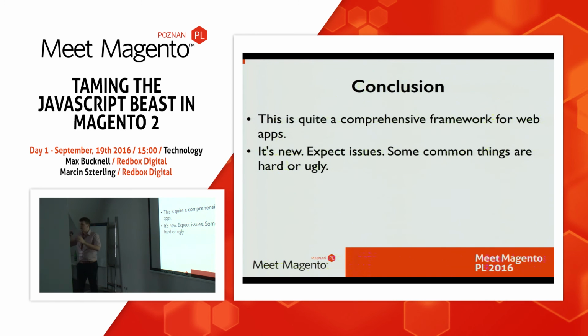But I do want to call this out, that this is a new framework, and we've got a new application on top of the new framework. So there are new things that Magento are trying. There are best practices that are not yet established. There are bugs, right? There are things you have to do that we haven't figured out the best way to do, so there isn't a nice way to do it yet. It can be okay. For the next 12 months at least, I would say expect to be rewriting components fairly